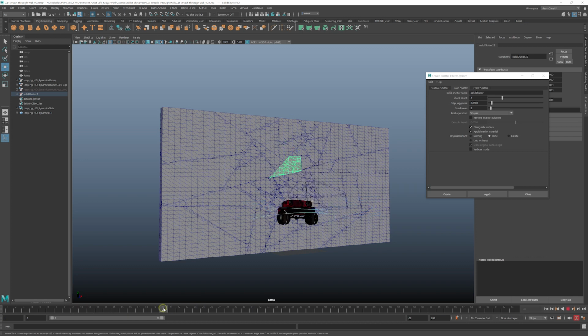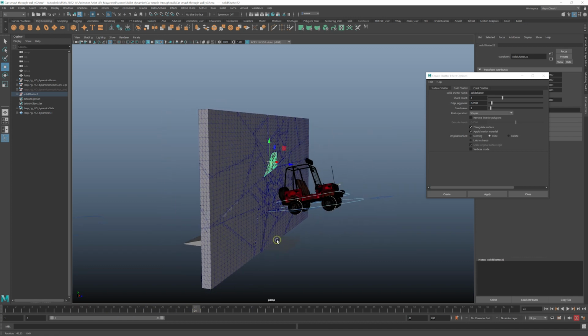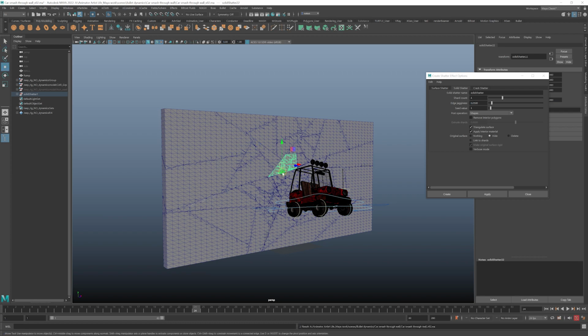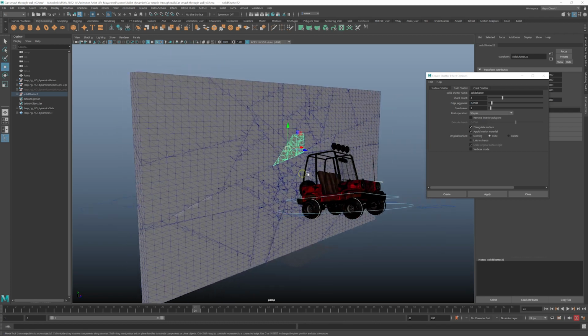Okay, I think we're good to go with that. So that's the wall shattered. And make sure you save your project again. So now we're going to move on to actually start adding the dynamics with Maya's built-in system, which is called